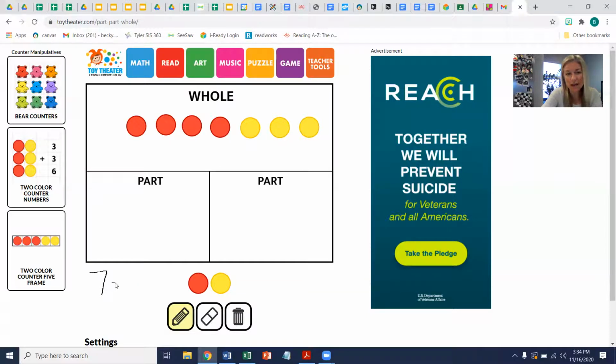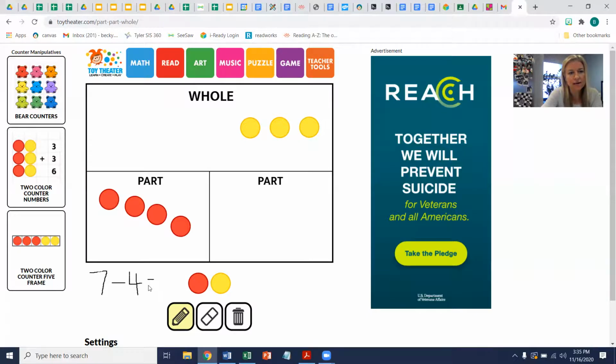I'm taking away, so I have a minus sign. And I'm going to take my red part away. I'm going to put them over here. So I have 1, 2, 3, 4. So I'm taking 4 away. And now I can count how many are left over after I take those 4 away. 1, 2, 3. So I started with 7 and I took my red part, I took 4 away,